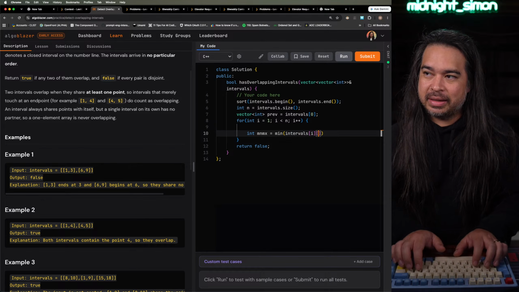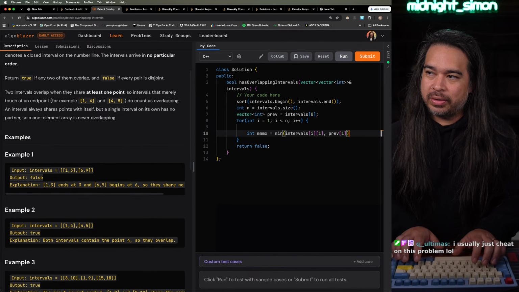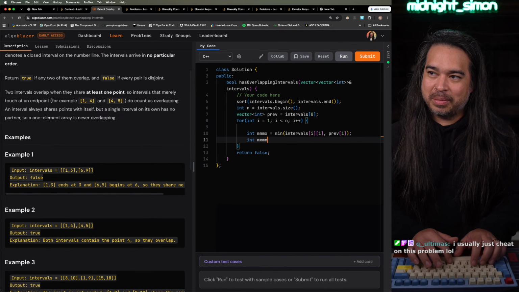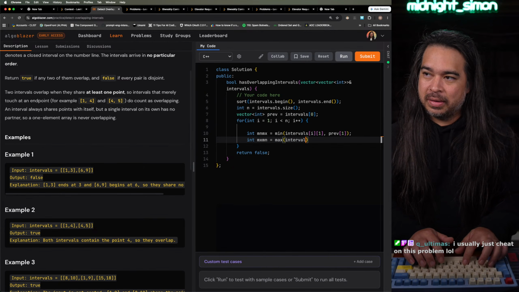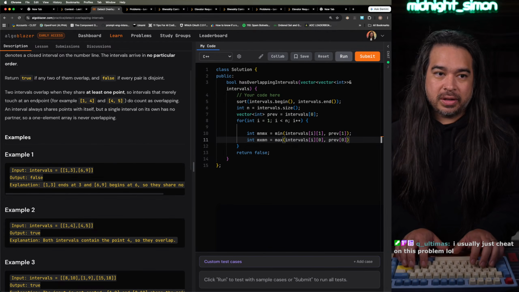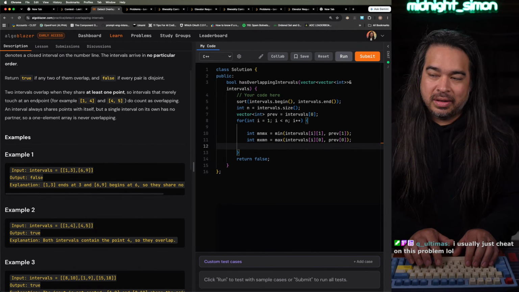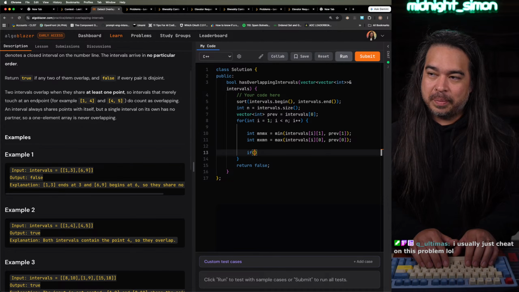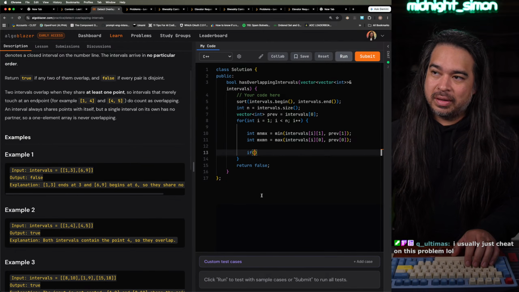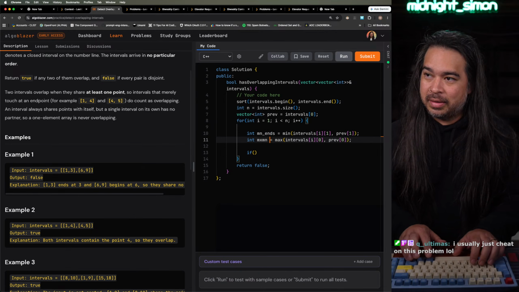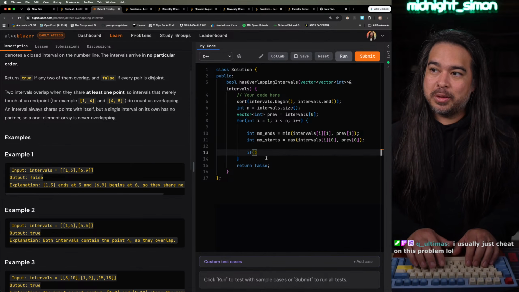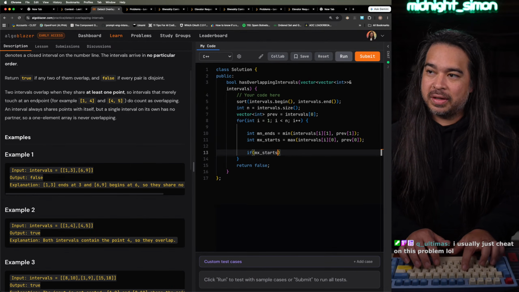Intervals I1 and then previous one. Those are the ends, and then the max of the mins, the starts. The maximum of the starts. Those are the starts. So that means maybe I should call it the min ends and the max starts. So if the maximum of the starts is like